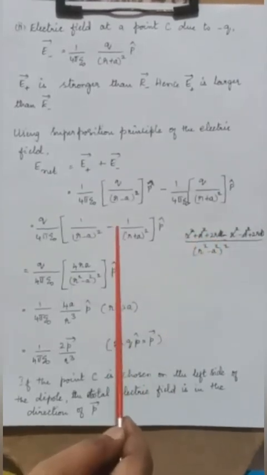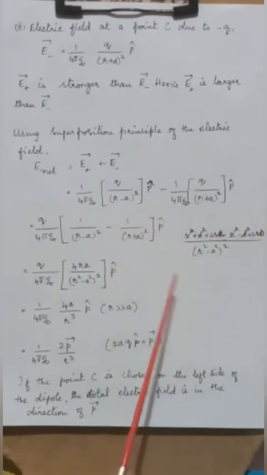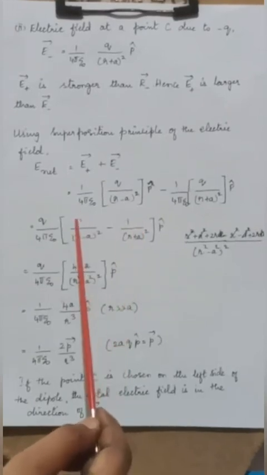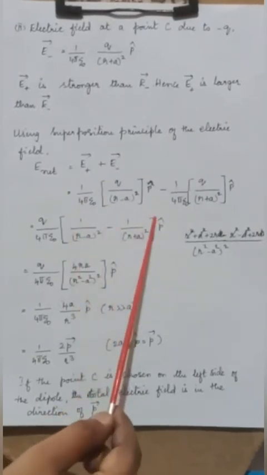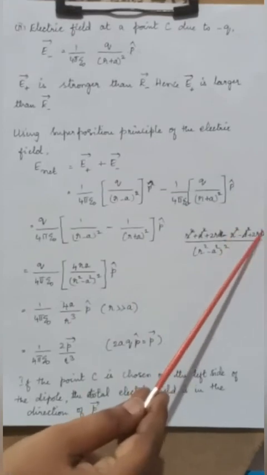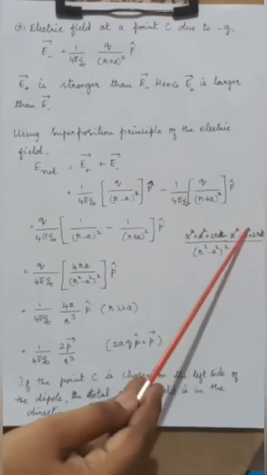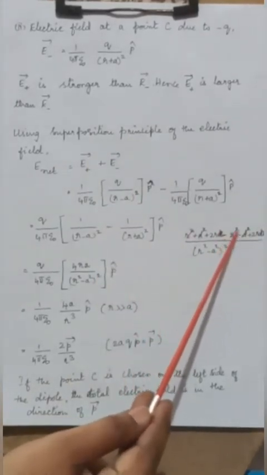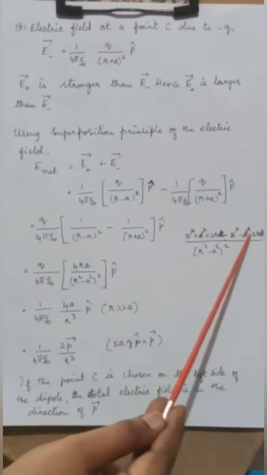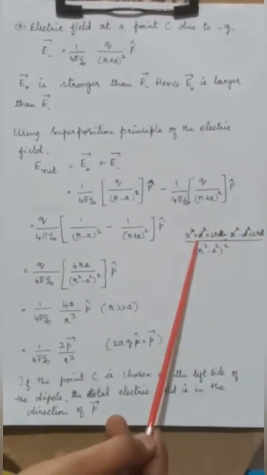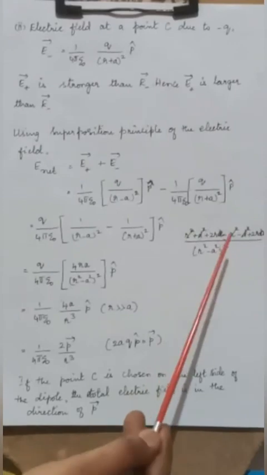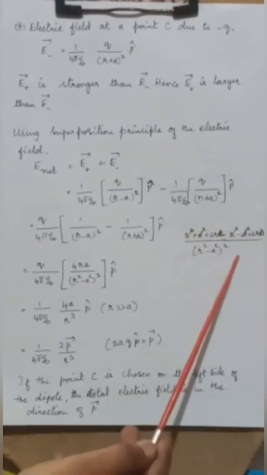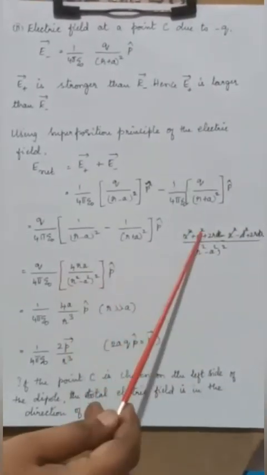Then minus, moving on to the right hand side, here you multiply by (r minus a) the whole square, which will expand like minus r square minus a square plus 2ra. So r square minus r square gets cancelled, a square and minus a square get cancelled. Net at last, whatever you have is 2 plus 2